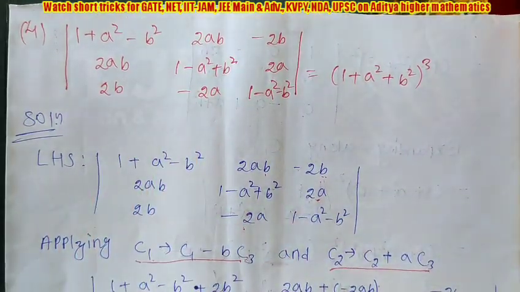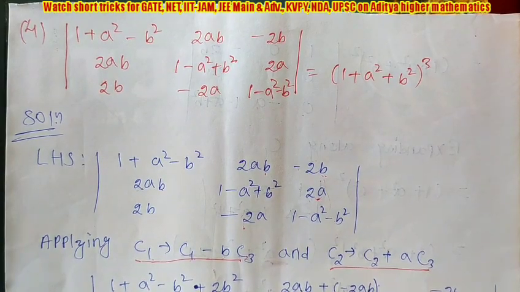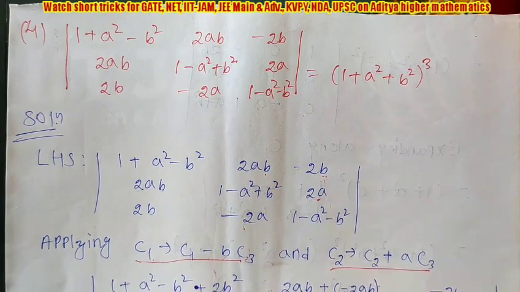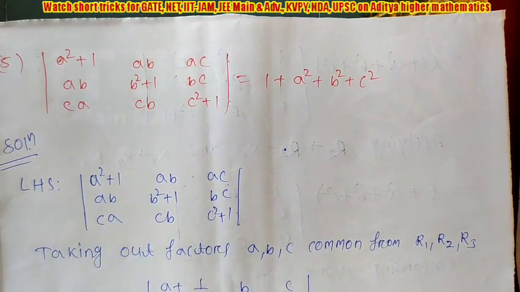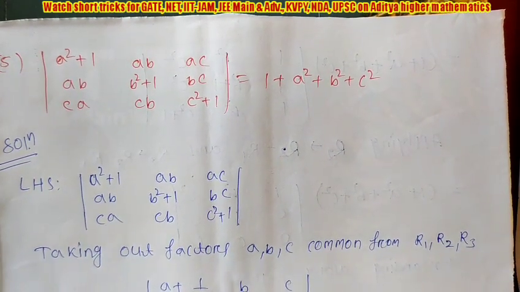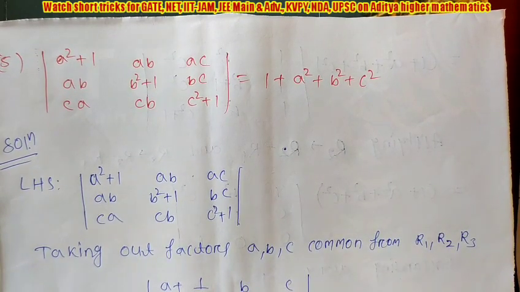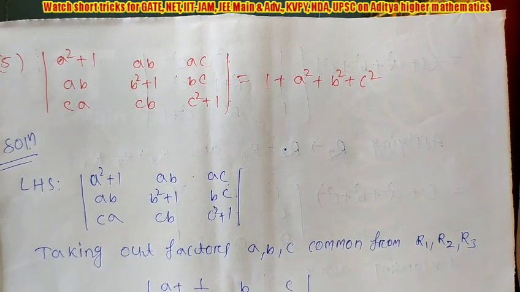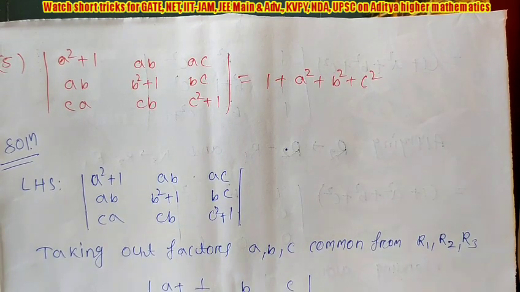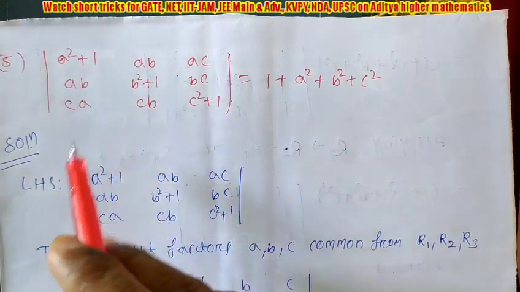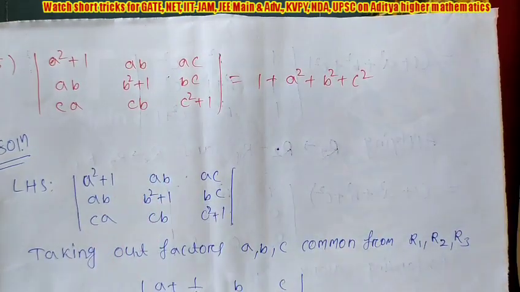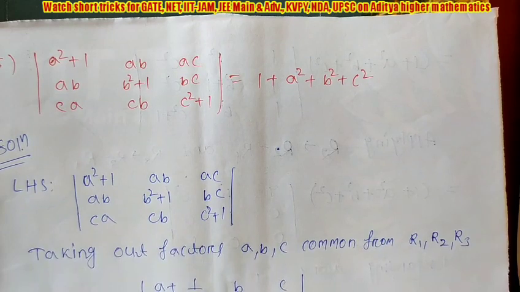So you can observe that the difficult questions we are easily proving here. Okay. And the fifth one, you can see which one I have given. This question is a very tricky question, and its solution is very important because this type of questions are coming in all types of examinations. Here you can see there is nothing common. If you add rows or columns also you are not getting the same, so it's very difficult to think how to do.